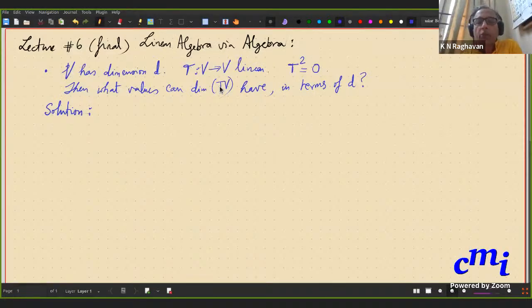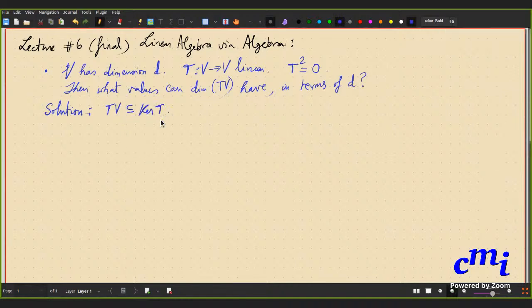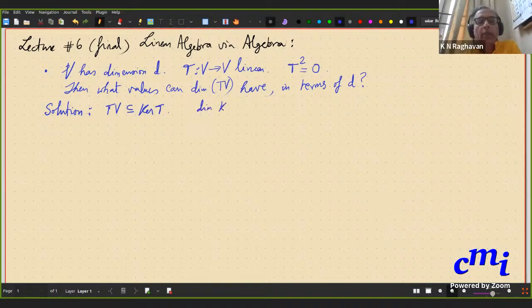1, it could have range 2, 3, 4, etc. up to D. But here there is a constraint, and as we will see, the range of TV is contained in the kernel of T. This is the thing. On the other hand, we have the dimension of the kernel of T